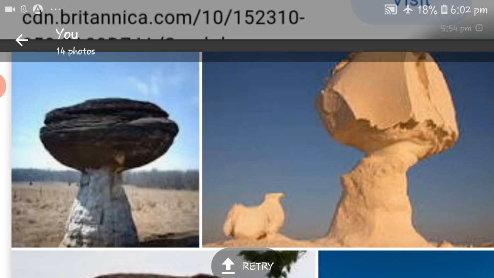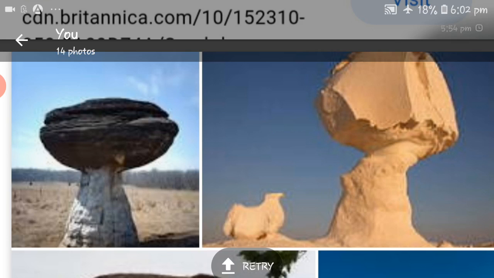The wind force is applied maximum on the bottom part of the rock. Observe this given picture. Compared to the upper part, the bottom part is continuously hit, so the rocks are eroded out.